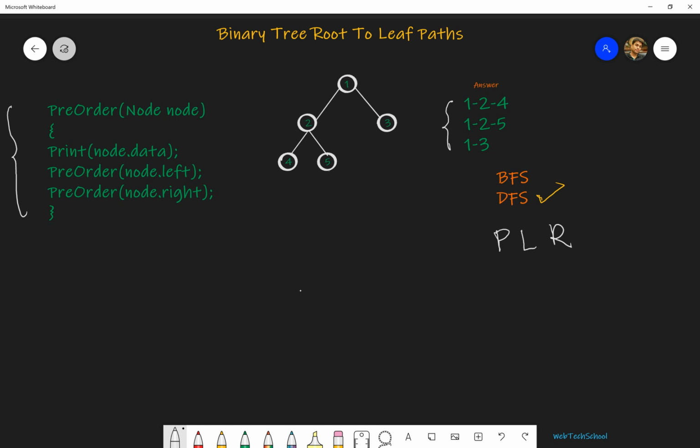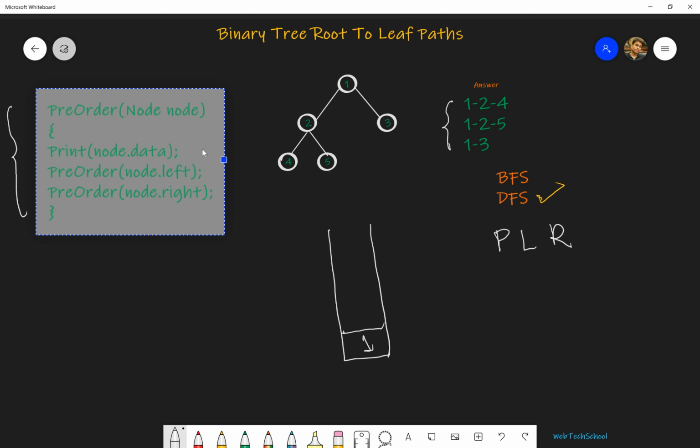Now let's say I'll take a stack. I'll push the root node 1 to the stack, where we are printing the node data. So here I will push the node data to the stack.